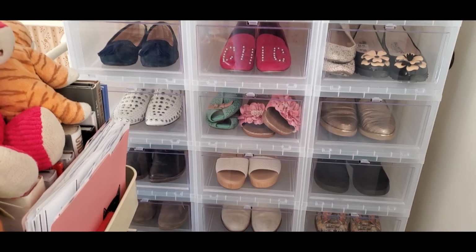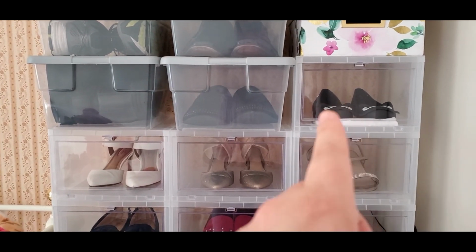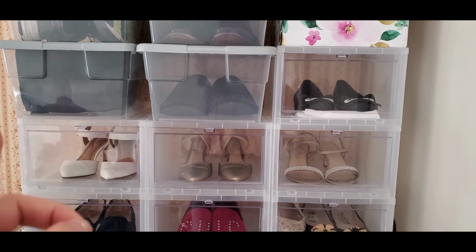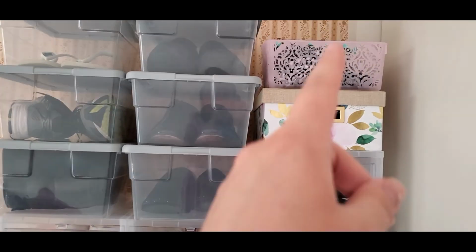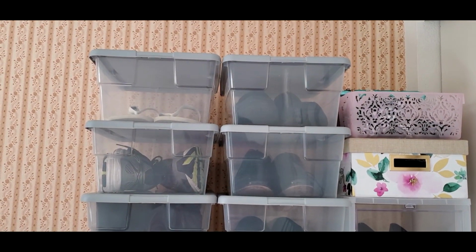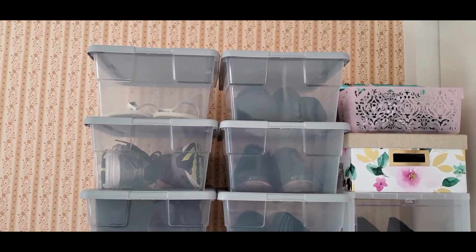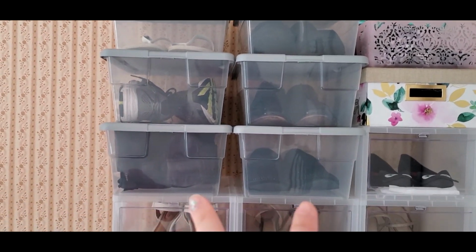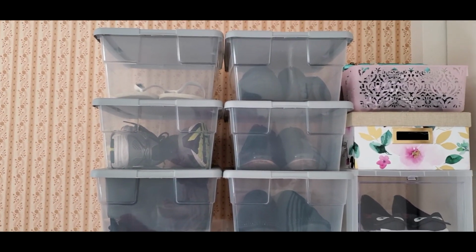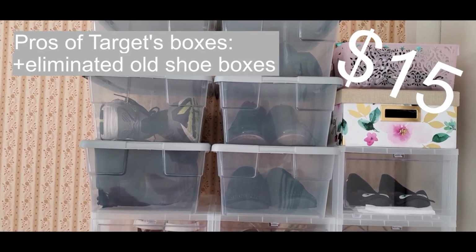All right, so we have the shoe tower as it was, except we've moved the one singular one over to the far right-hand side. Originally it was over here on the left. It still has the same containers on top. So now these are the Room Essential Sterilite bins with the gray tops that come in packs of 2. So it was 3 packs that I bought. This cost a whopping $15 to do,